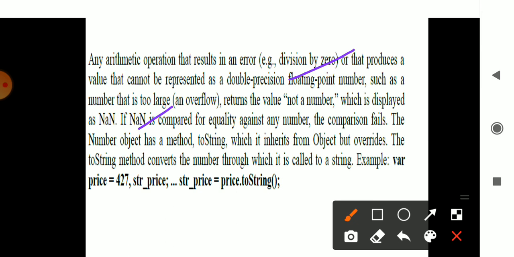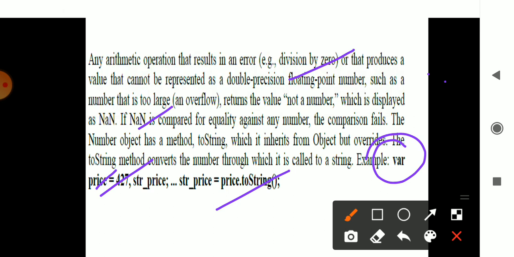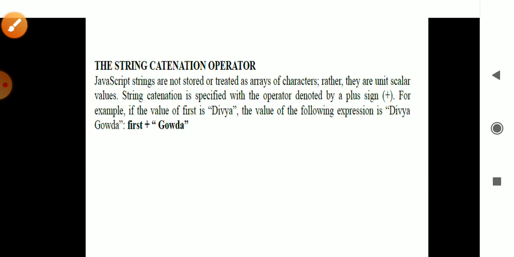And even it will be using the concepts of how variables are declared in different types. One is either you declare in this way, var price 427, str price, then you have str price is equal to price toString, string type. Like this, different types of representation are presented in different ways. So in the beginning you use the keyword var, then you declare the variable with the value. Then you have str price which can have the underscore aspect, that also can be used. Representation of two aspects in a different way can be used in different languages.